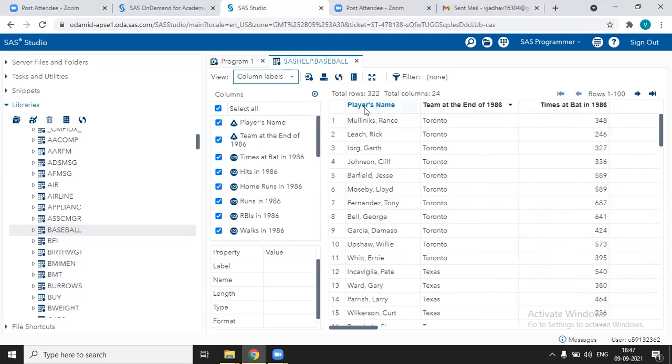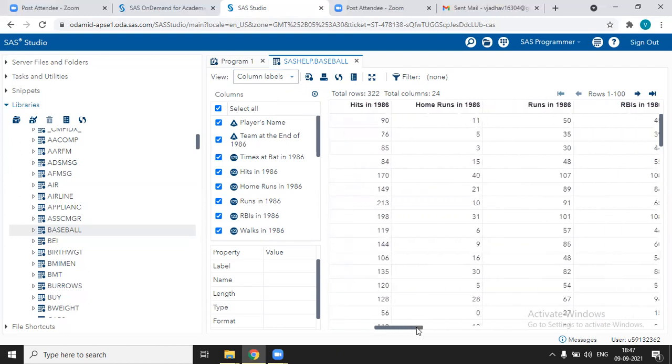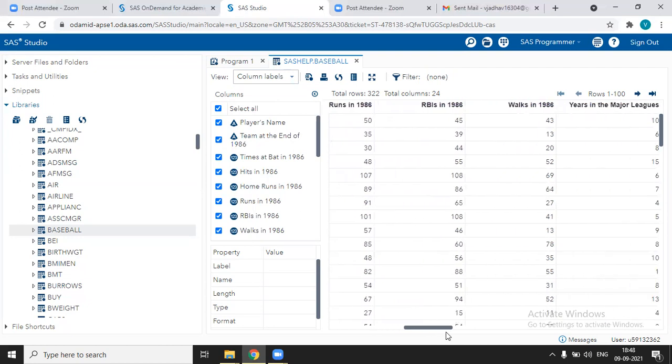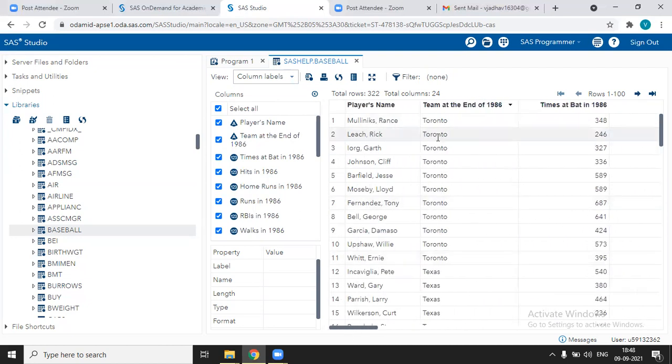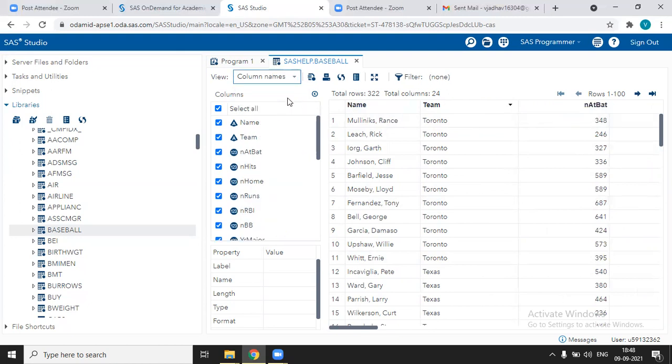You can see the change: name changed to player's name, team changed to team at end of 1986, and all other variable names changed to variable labels. If you want to change it back to the column name, you can click here again and choose column name. And if you want to resize the column size, you can see there is some white space.